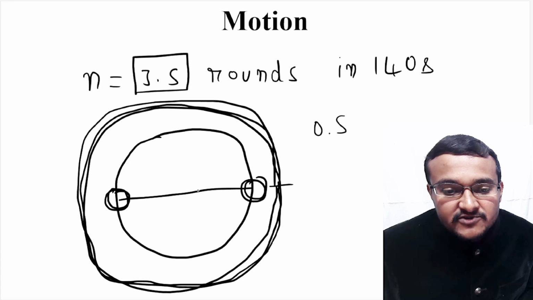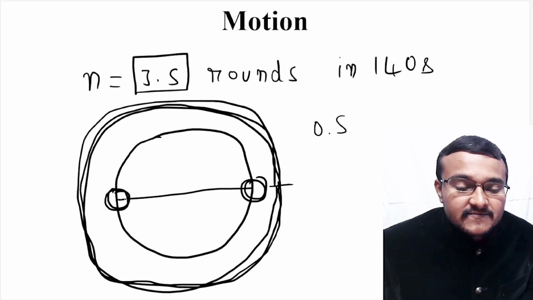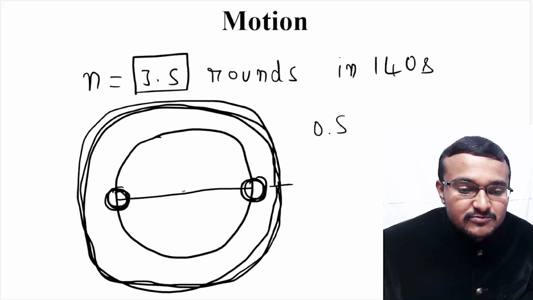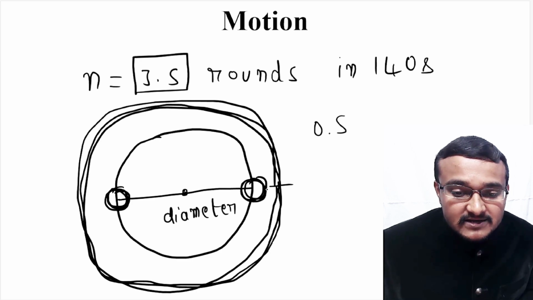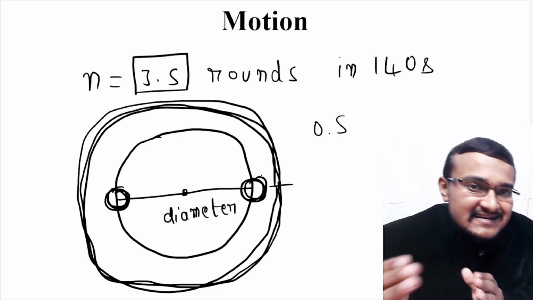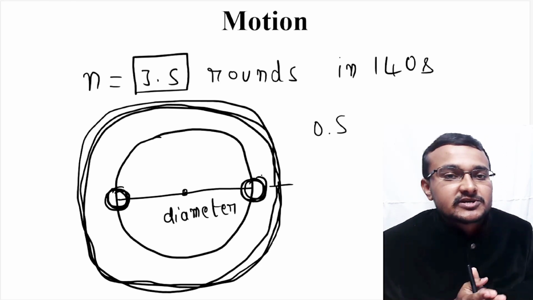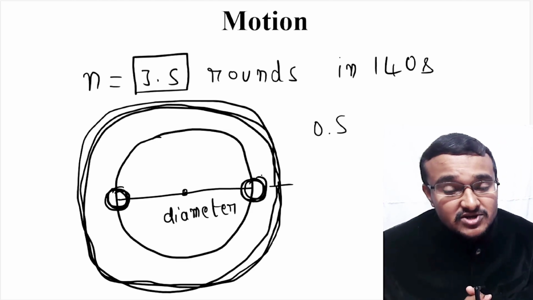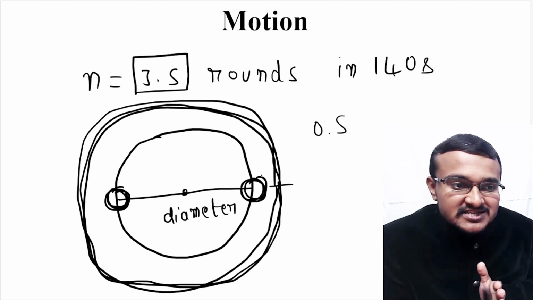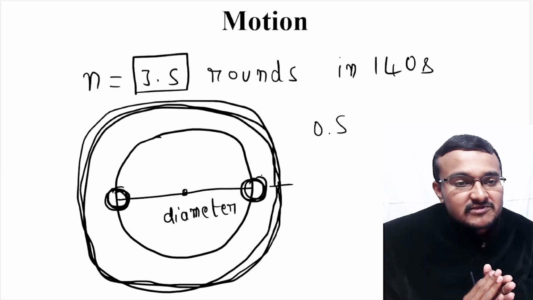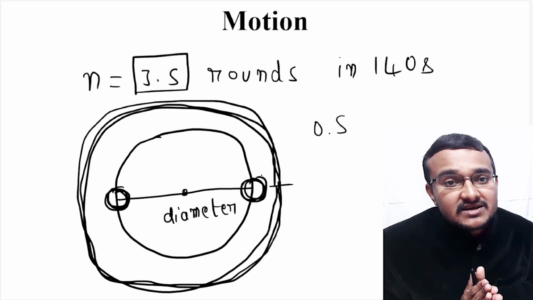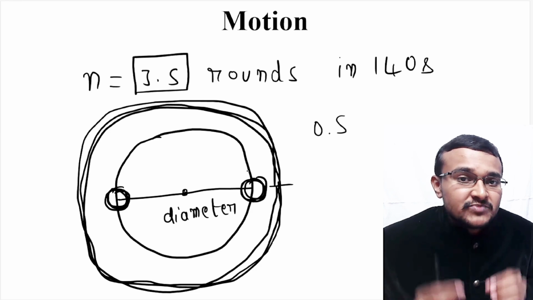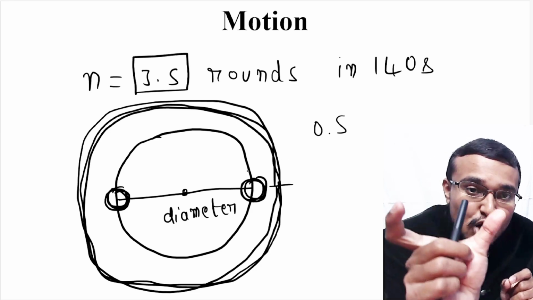If you take the exactly opposite position and draw a shortest distance from this initial position to the final position, this is nothing but the diameter of this circle, because he has reached exactly the opposite position on that circular path. He is exactly on the opposite side. That means if you draw a shortest distance between these 2 points, then that will be the diameter of this circle. And the diameter of this circle is 200 meter, because here displacement is the shortest distance